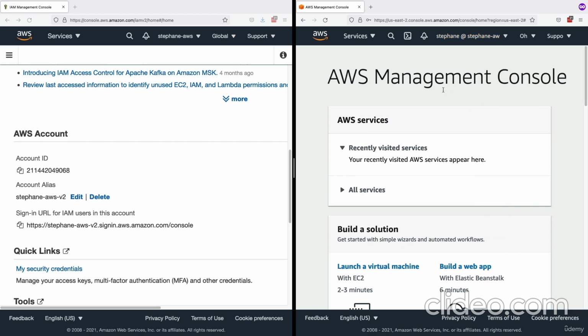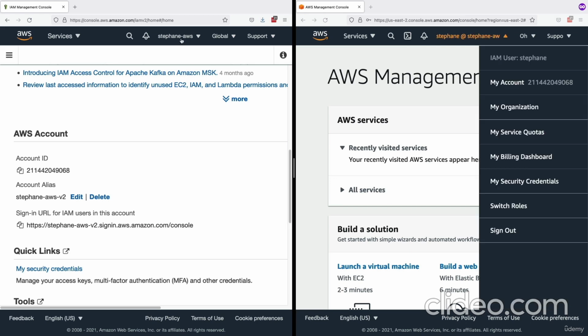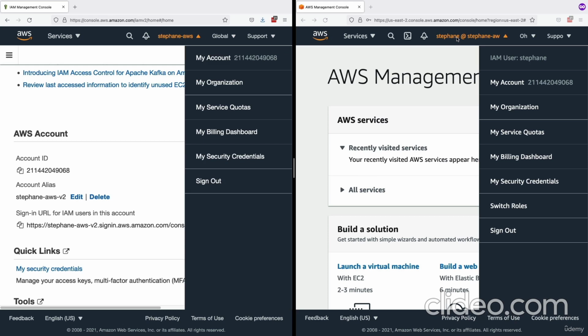Now this IAM user can do pretty much anything that the other user was able to do, the root user, because they're both admins, okay? But from a course perspective, it's better if you use an IAM user than using the root account. Now, you will see in some videos I have the root user, in some videos I have the IAM user. It doesn't really matter from a course perspective, okay? So I will use them